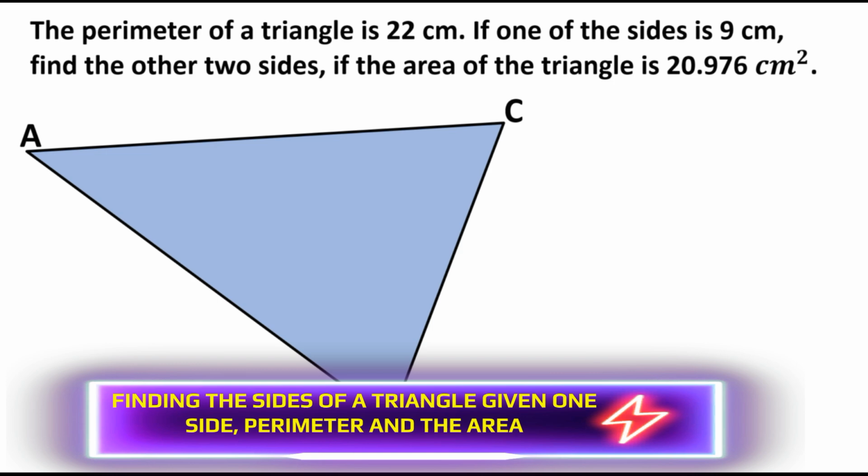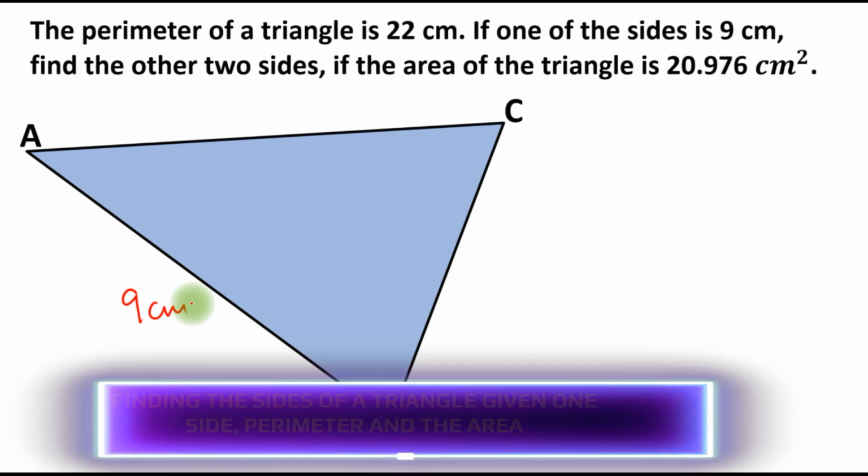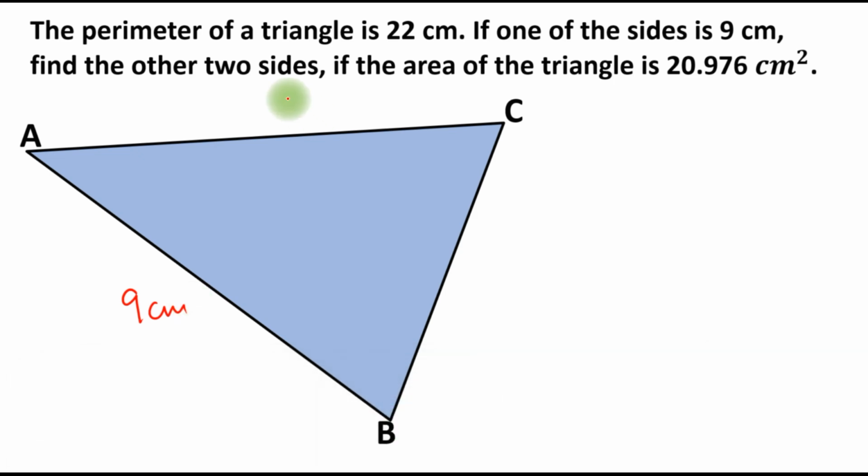So we have the triangle. We can assume that the triangle be ABC, and therefore we need to find the other two sides, since one of the sides has already been given as 9 centimeter. What will be the two sides? The other thing given is the perimeter, 22 centimeter, and we have the area which is also